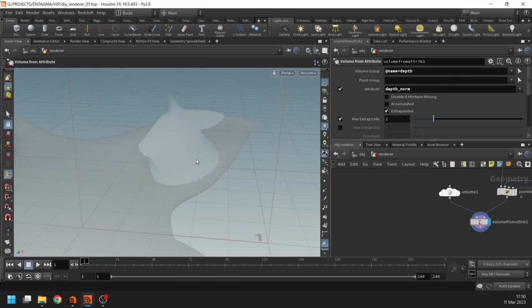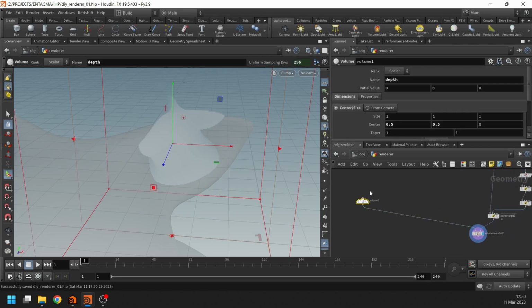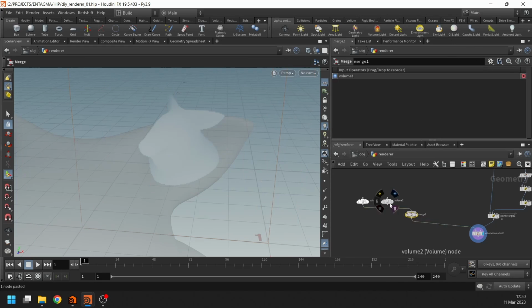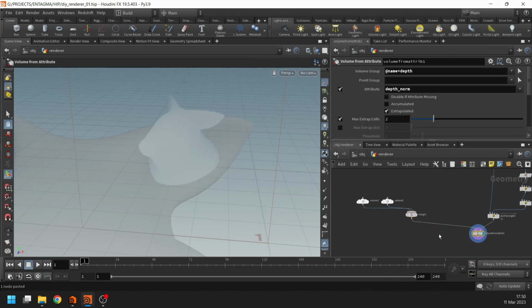That's the basic setup. Now I want to add to this a few more volumes and a few more attributes. So instead of creating just a single volume here, let's just copy and paste this a few more times. And let's first create a vector volume. Let's call this thing norm for normal. And let's merge this with our other volume, so we can also feed it into our volume from attribute here,